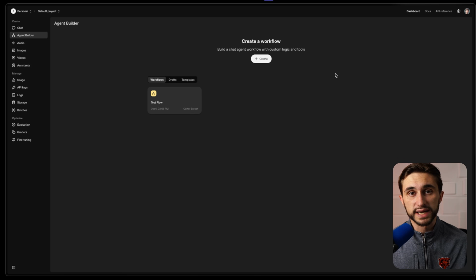Now I'm going to start with the basics. We're going to develop this agent architecture step by step, and then I'm going to show you how to deploy it. To get to OpenAI's Agent Builder tool, you're going to head over to